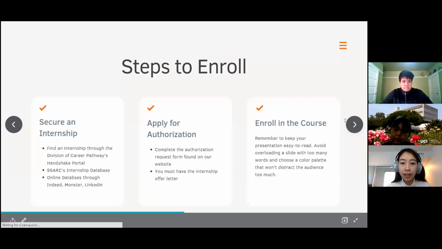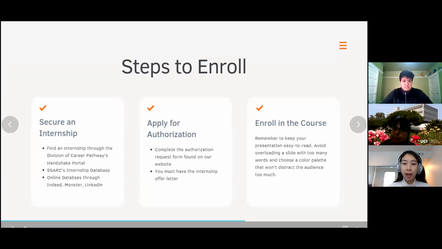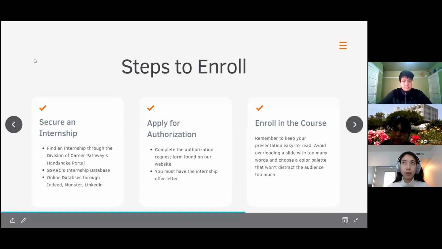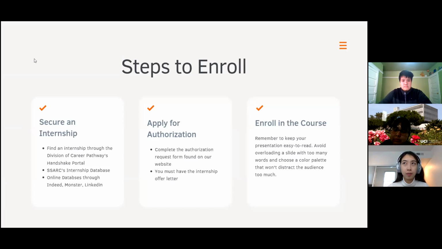Can I still apply in the quarter? To answer your question, we have a time deadline. We no longer take students after week 2, and we're going to talk about the enrollment process, which starts at the beginning of all quarters. So if you want to enroll, we're starting to enroll soon for winter quarter.